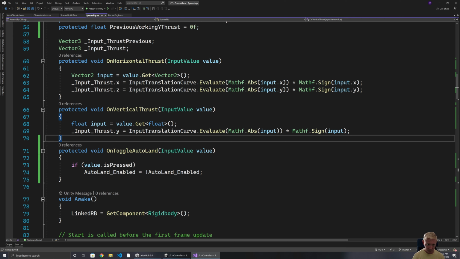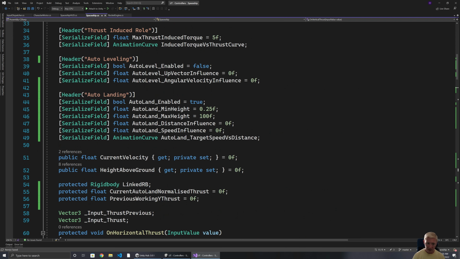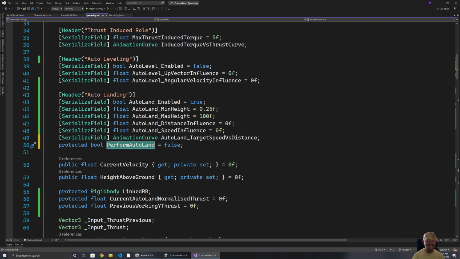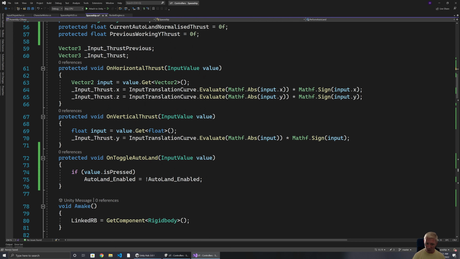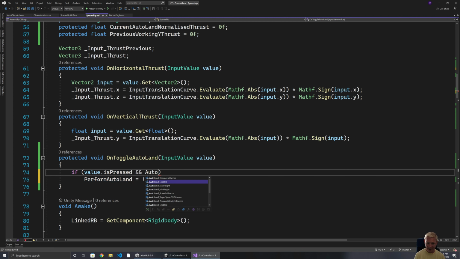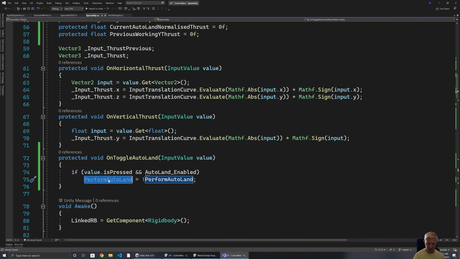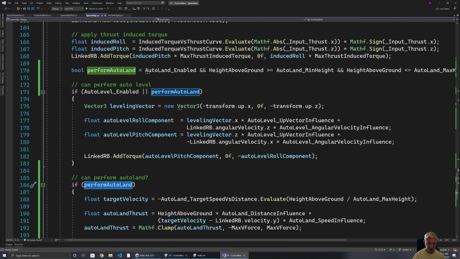So what I'm actually going to do is have it that this functions as the capability to auto land. And I will then change down here a protected bool perform auto land. So the ability to auto land will always be enabled, but we have to actually toggle it on. So this will toggle perform auto land, and it can only do that if the value is pressed and if auto land is enabled. Otherwise, no auto landing. And that then means down here, we use,